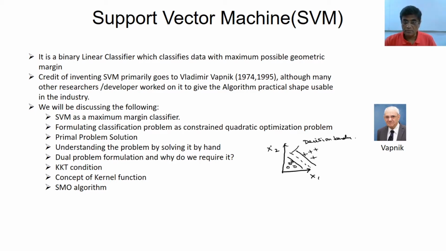if you try to solve this problem using those tools, then you will get a decision boundary like this, or it could be like this. But maximum margin is inherently not guaranteed in other classifiers. Here, in this classifier, the decision boundary will be drawn with the maximum margin. The structure of the model is such that the decision boundary will be drawn keeping maximum margin from both the classes. And what is the advantage?